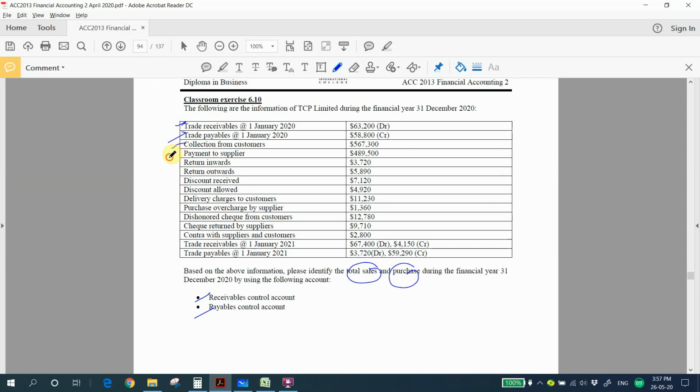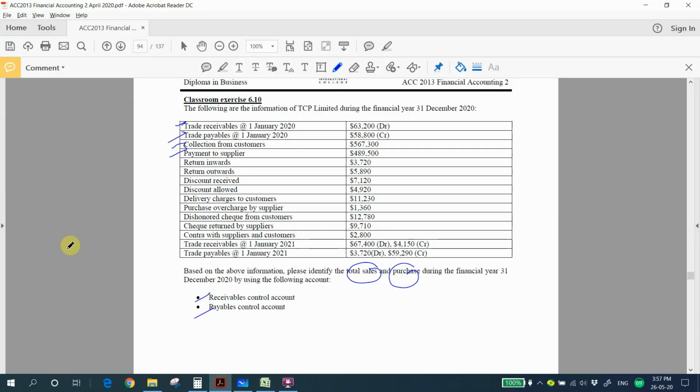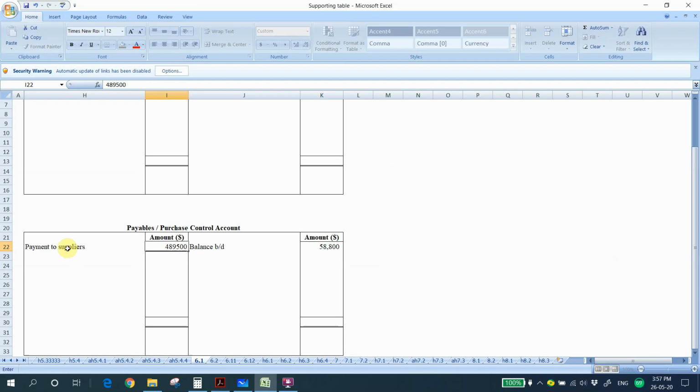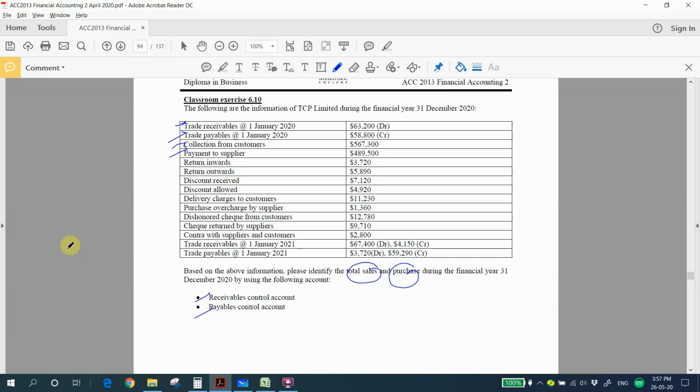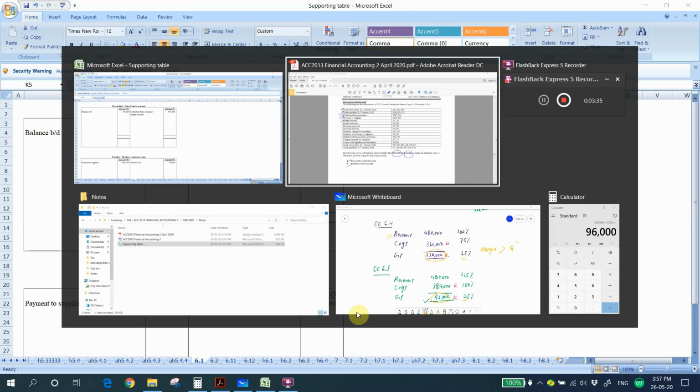Next is payment to supplier 489,500. Payment to your supplier will reduce the amounts that you owing to them. 489,500. Next, return invoice. Return invoice is customer return to us, so it will reduce our outstanding amount. So return invoice is recorded on the credit side of your receivables account,